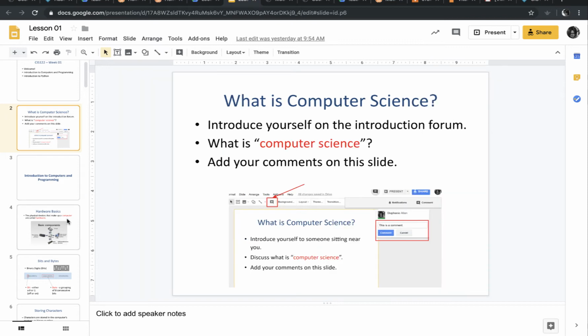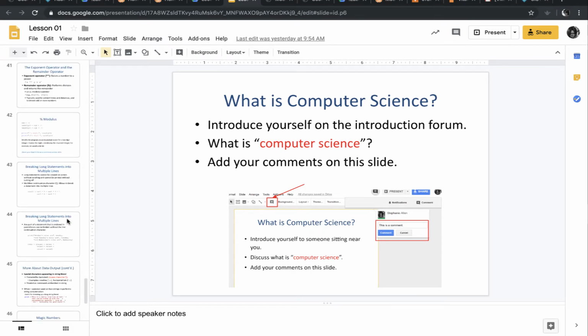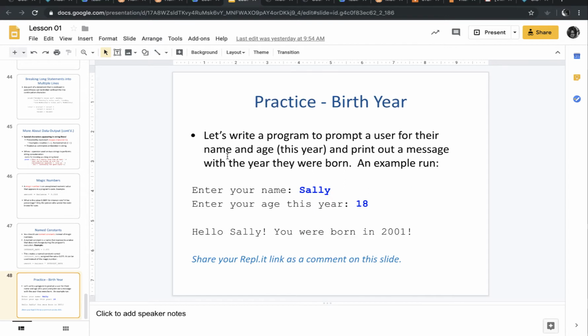I have a lot of interactive slides. For example, I think on the last slide, you'll be actually writing a Python program in Replit, and then you'll be posting a link to your Replit so that we can take a look, and then I can give you feedback and other students can give you feedback as well. So it's really important to be able to look at other people's code. You'll learn from the way that other people do things as well, and then you'll start figuring out the best